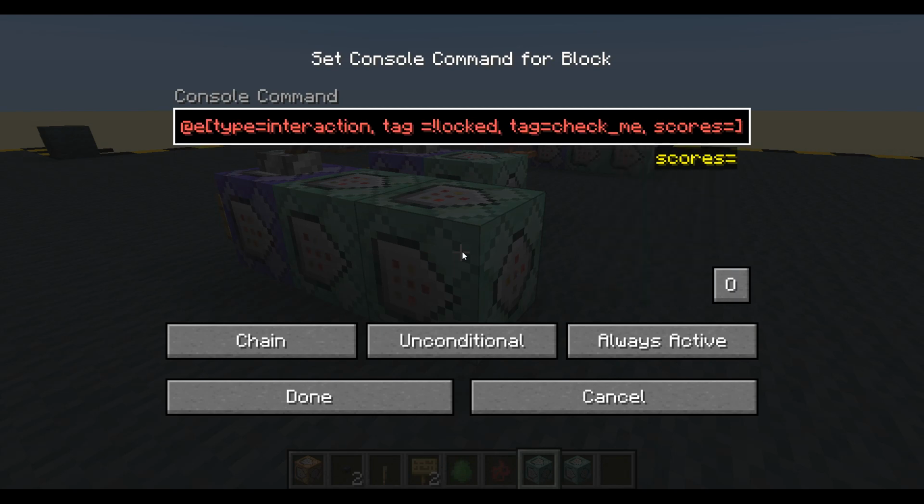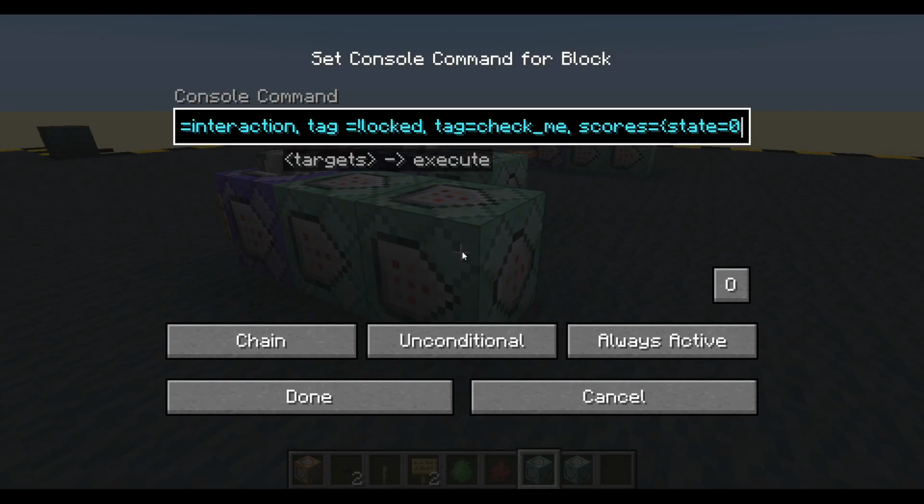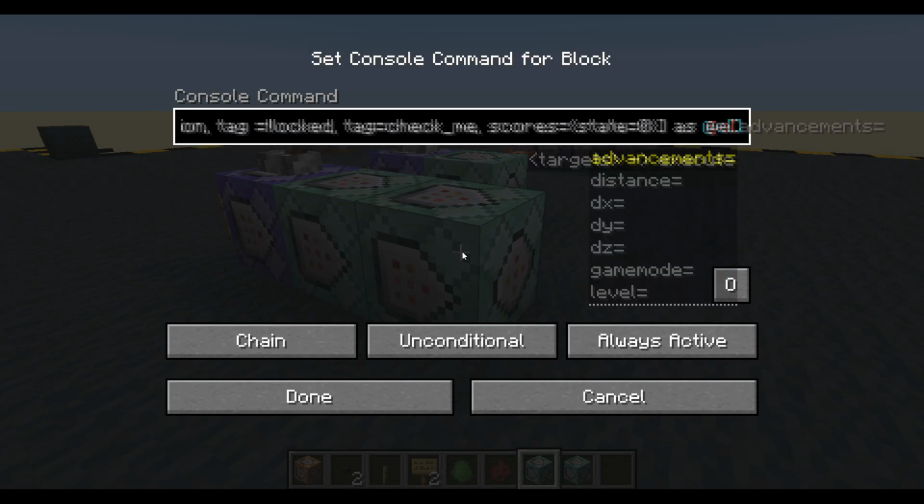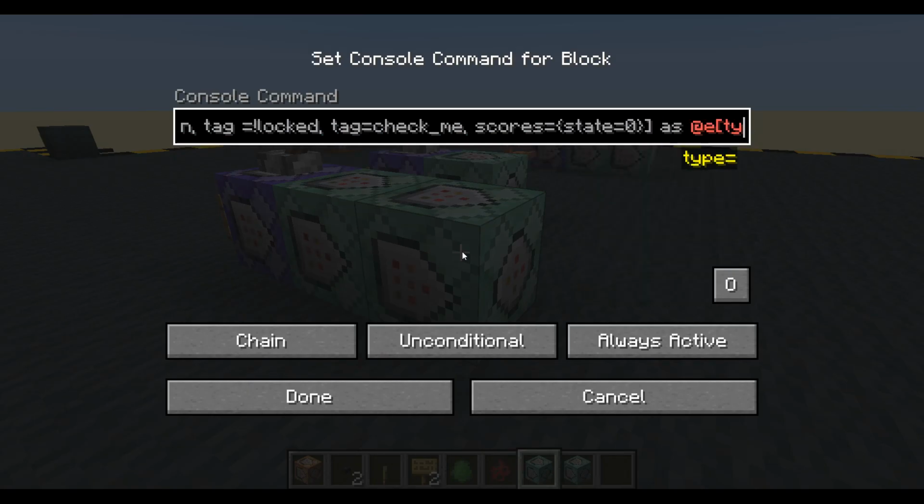So scores equals state equals 0 as any entity whose type